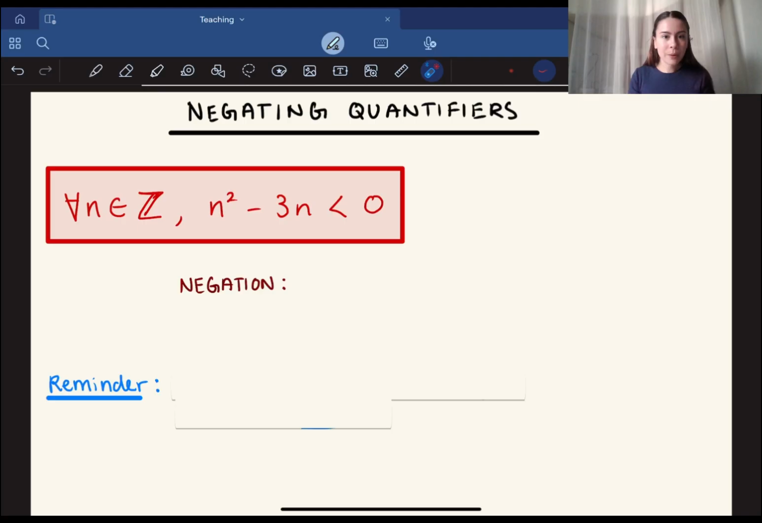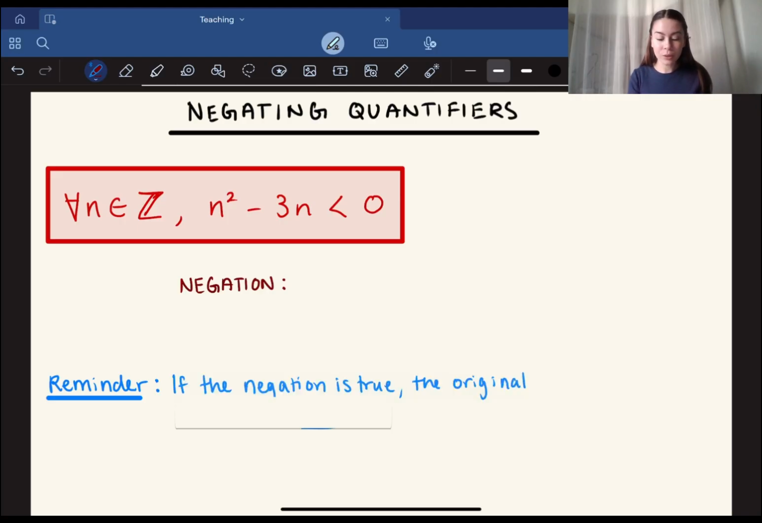So we want to remind ourselves, and this is really important for all sorts of mathematical proofs, that if the negation is true, the original statement is false. So that's a concept that we use in proofs all the time. So if we have a statement that we have this feeling is in fact false, if we can prove that the negation is true, well then we've proved that the original statement is false, because the negation and the original statement cannot be true at the same time. If the original statement is true, then the negation is false, and if the original statement is false, then the